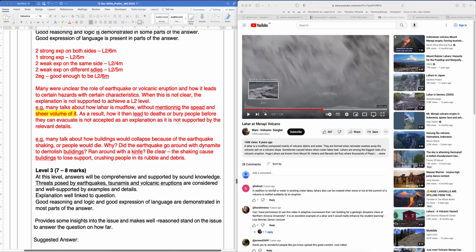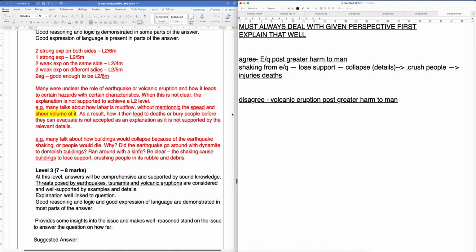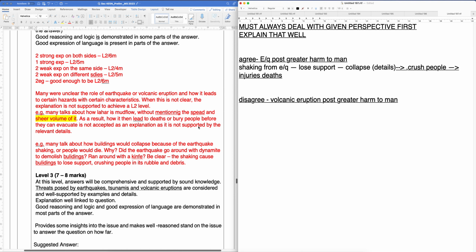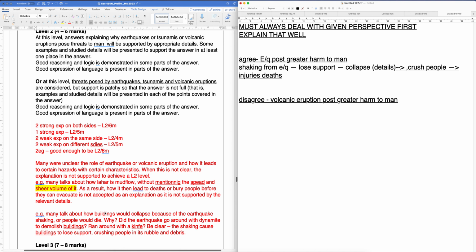If you don't bring in these ideas, then how will we know that it causes harm? So please, when you memorize things, understand, yes, it's good to know the content, but please curate and tweak it to answer the question. Don't just dump whole paragraphs and expect people to try to make sense of how it answers the question.